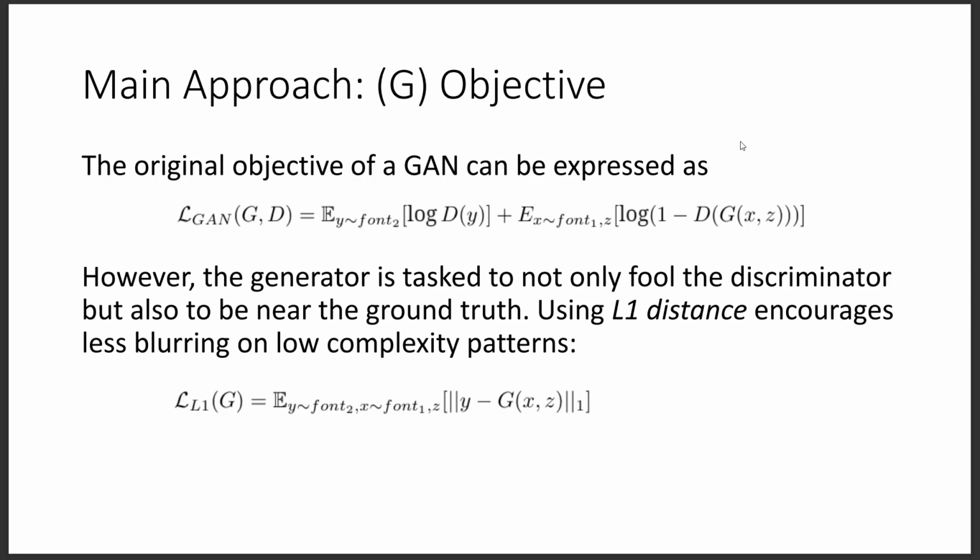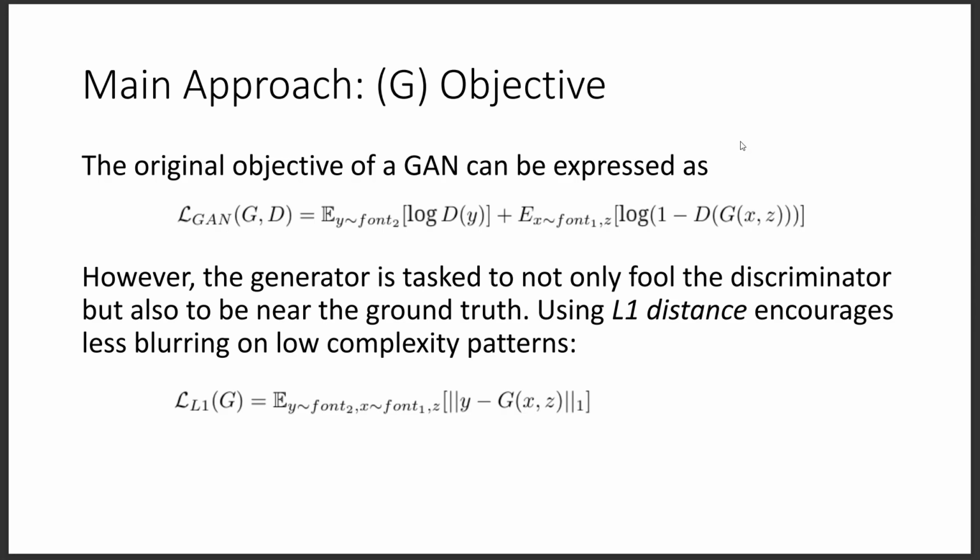The original objective of the GAN can be expressed as this. For the samples from the real data, we want the discriminator to output a result closer to 1. When we add a random noise Z, the generator will output a fake image,